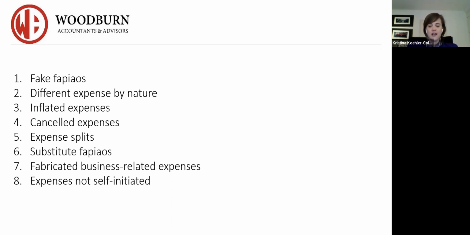Expenses that are not self-initiated, what this basically means is that your staff member has an expense, but is not asking for the reimbursement right there and then. And they do it then 2 or 3 months later. Again, this is all about corporate governance. You should not allow that to happen. If an employee has an expense and they don't give you that Fapiao in that month that it occurred, they cannot get the reimbursement. There should be no exceptions, because you never know then how to track and know if something is being faked or not.